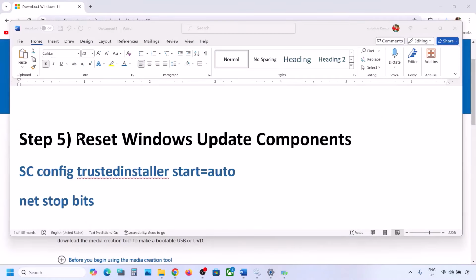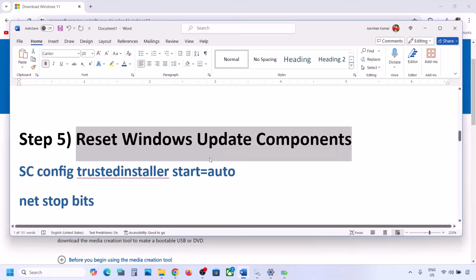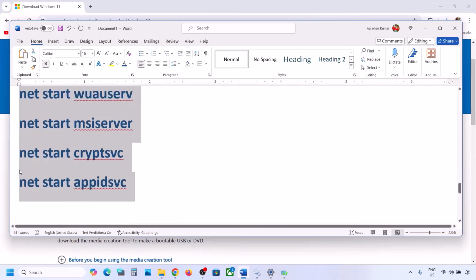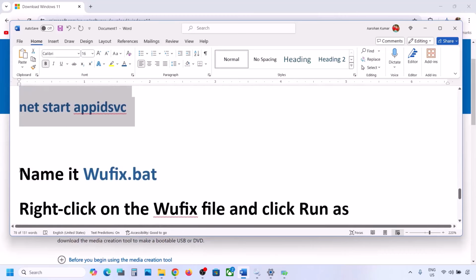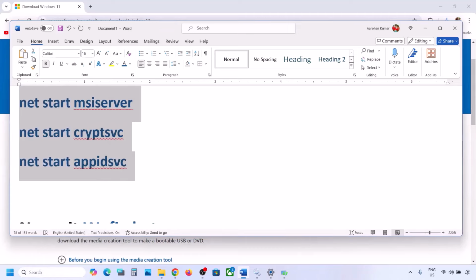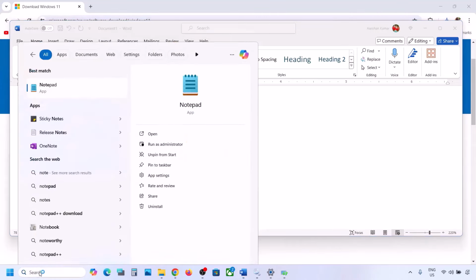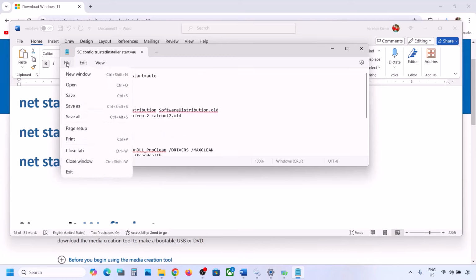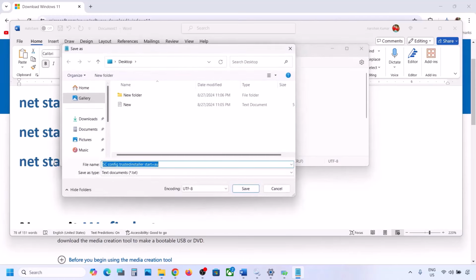Now the next step is to reset Windows Update components. For this, copy all these commands. These commands are provided in the video description. So copy till here. Now once you copy it, open Notepad on your computer and in the Notepad you can paste all the commands, and then go to File on the top, click on Save As, and then